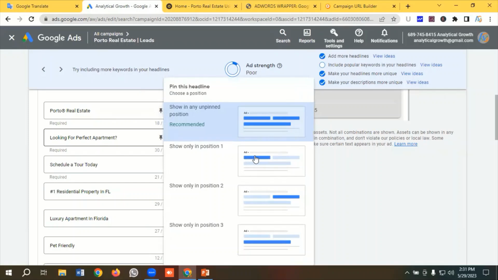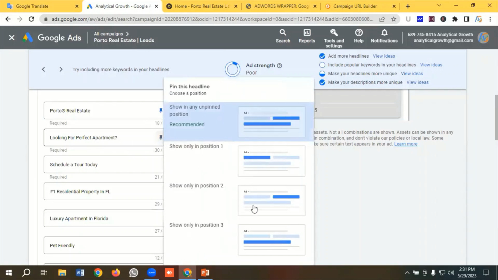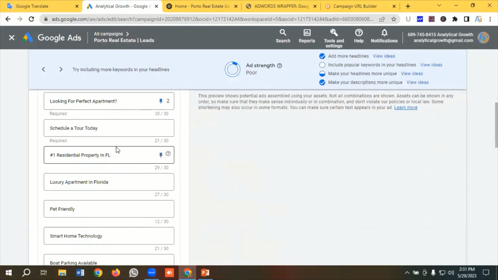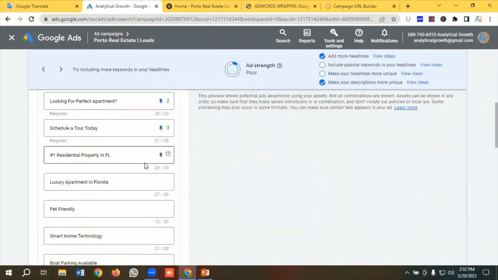So I'm going to position the brand name at number 1, all the keywords at number 2, and all the CTAs, USPs, features, benefits, those sorts of things at position number 3. So "looking for perfect apartment" I'm going to mention at position number 2, and "schedule a tour today" at position number 3, "residential property in Florida"